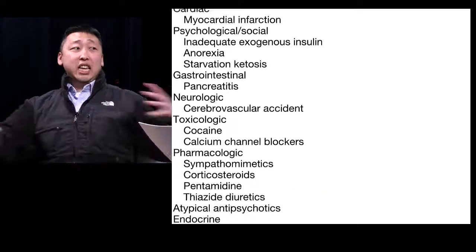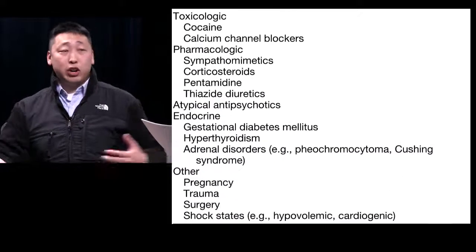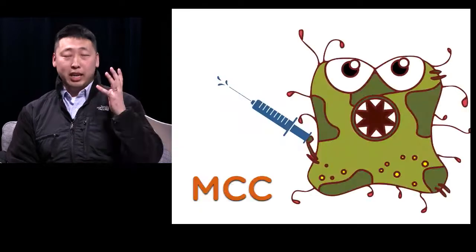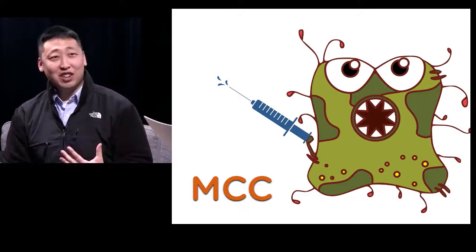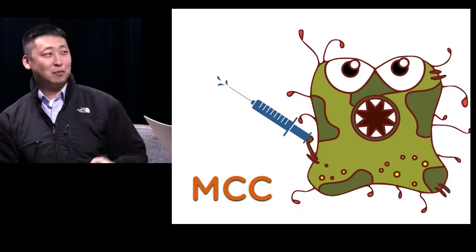There's a litany of precipitant causes that trigger hyperglycemic crises. The take-home point is the most common cause is infection. Green monster. Oh, infection. Who's holding a syringe because they're insulin non-compliant? Oh, very nice. Second most common cause. Forget it. So sepsis or infection is going to be the most common precipitant cause.